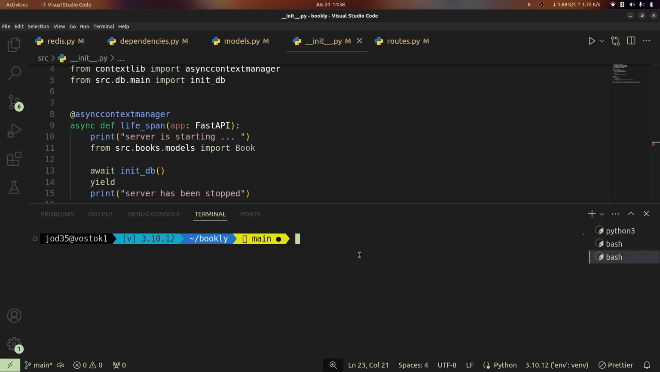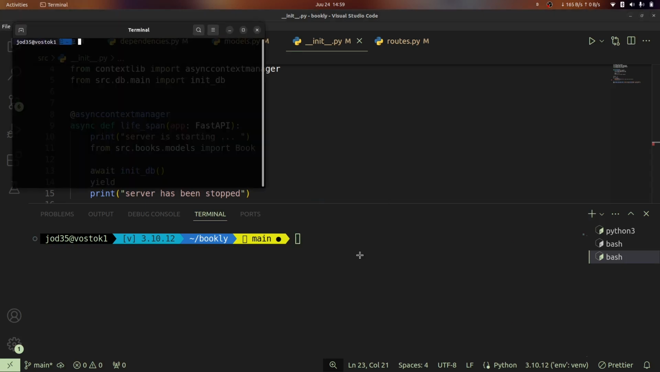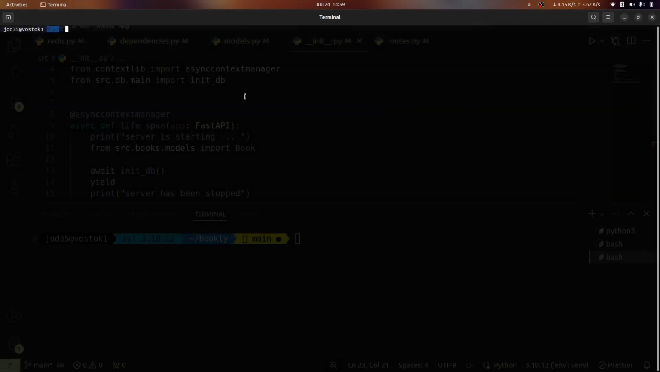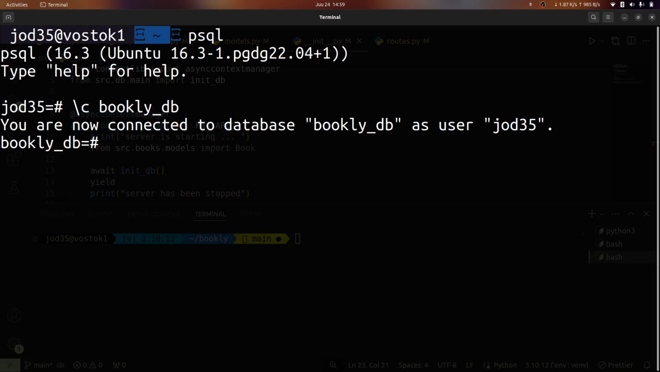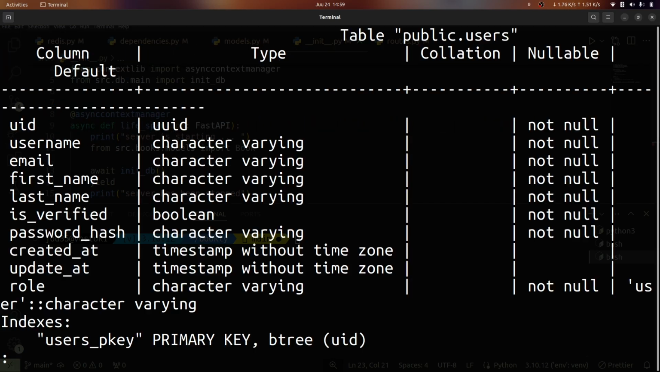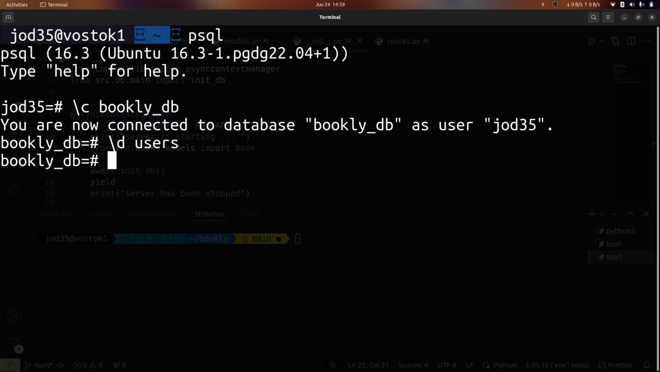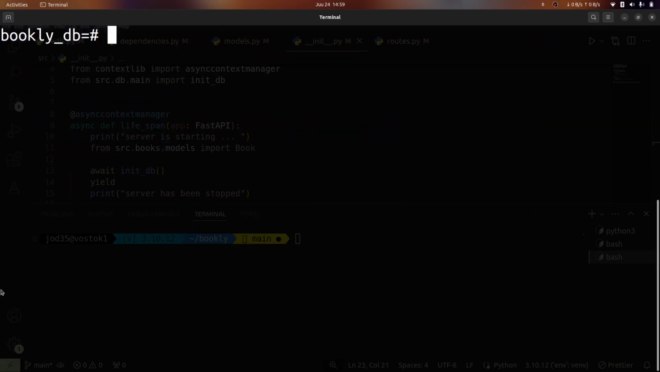Now to confirm, what I'm going to do is to head over to my terminal, and inside my terminal I'm going to open up the SQL shell or the PSQL utility. So I'll say PSQL, and inside here I'll connect to our database, which is bookleetdb. And once I'm there, then I'm going to describe the users table, and this is going to show us that the role field has been added, meaning that we have made a successful revision. So once this is done, we're going to exit this,